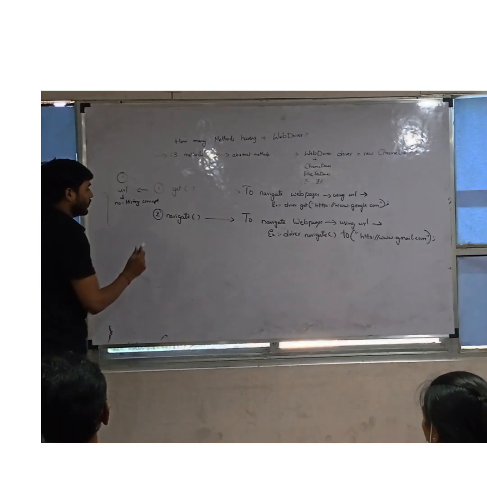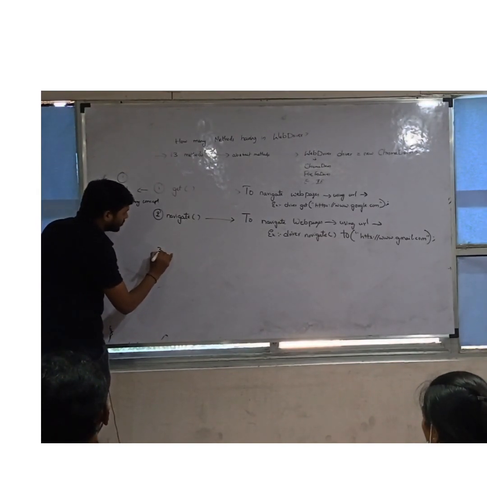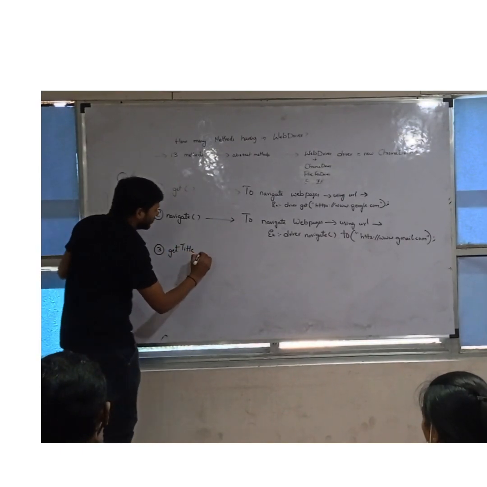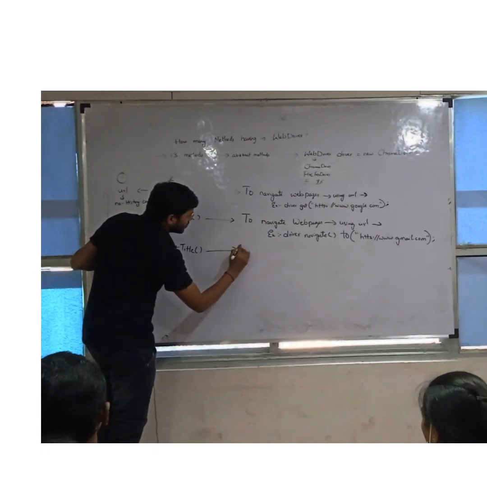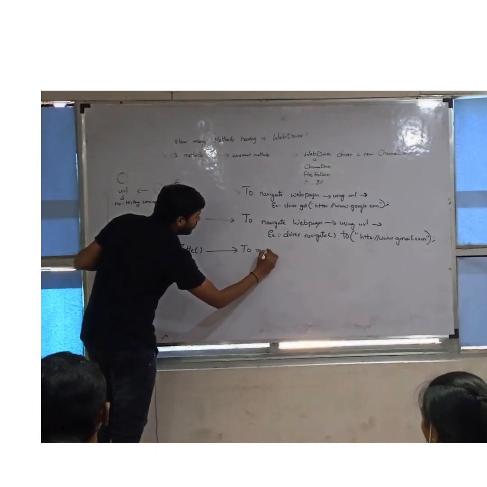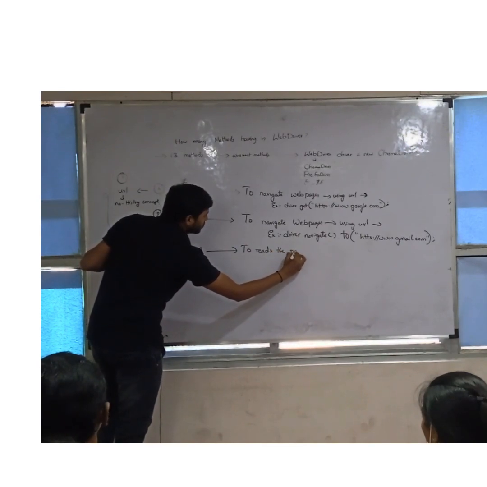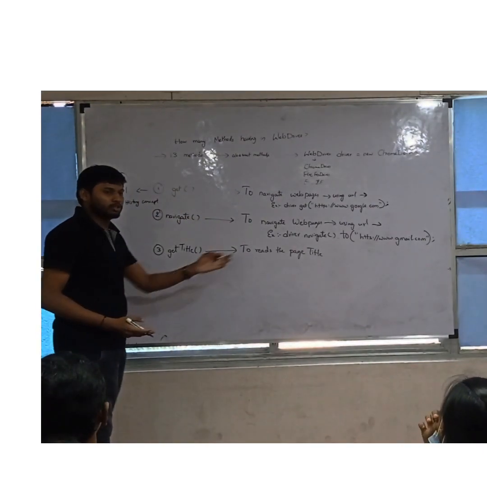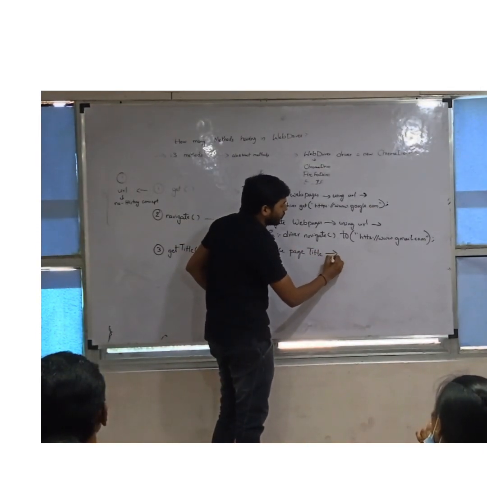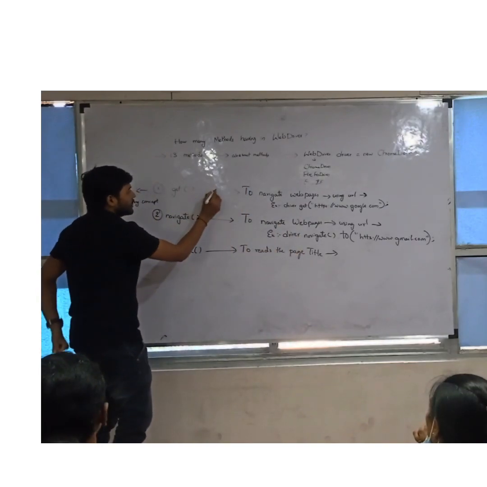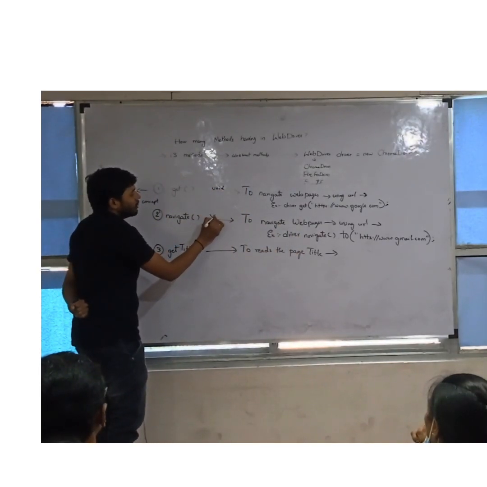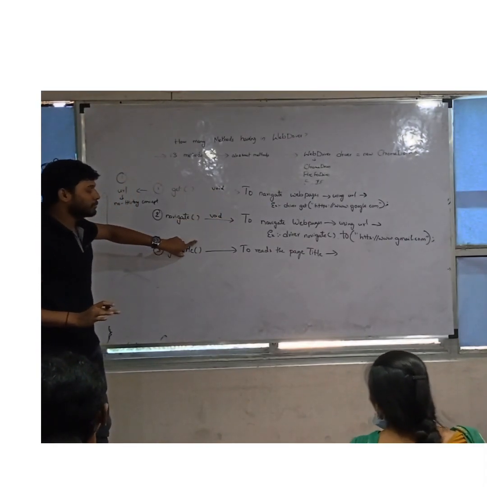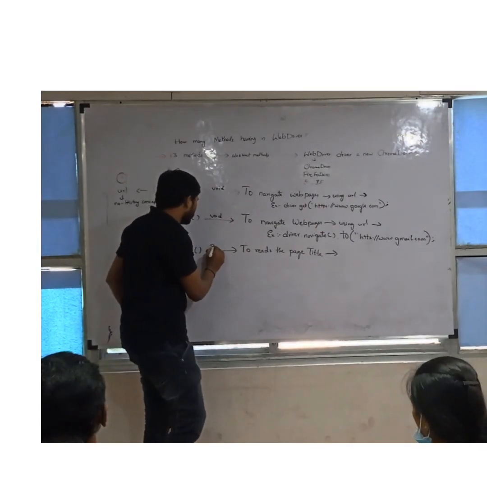And again, they ask what the commands for verifying the page are. The third method is the getTitle method. Why do we use getTitle? To read the page title. What is the page title? It should be written. It follows some syntax, and unlike void type methods, which do not return anything, the get method needs to return, so the return type is String.